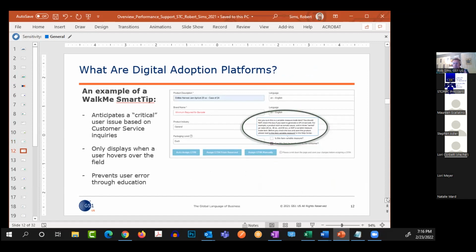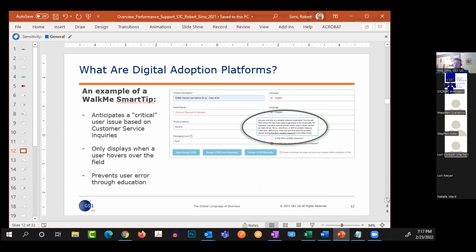And so beyond the fact that we have to put that on there because we're a standards body and that is a standards terminology, we were having a lot of folks click on that accidentally. And so this tip just overlays on the software itself, and it only overlays if you mouse over that box. You don't have to check the box. It's just telling you, whoa, whoa, whoa, are you really sure your product is a variable measure? So it actually anticipates what the user is thinking they're doing, because their user action is hovering over a very important field that if they check, will actually create some problems for them later. So that's just an example of one of the tools that digital adoption can provide.